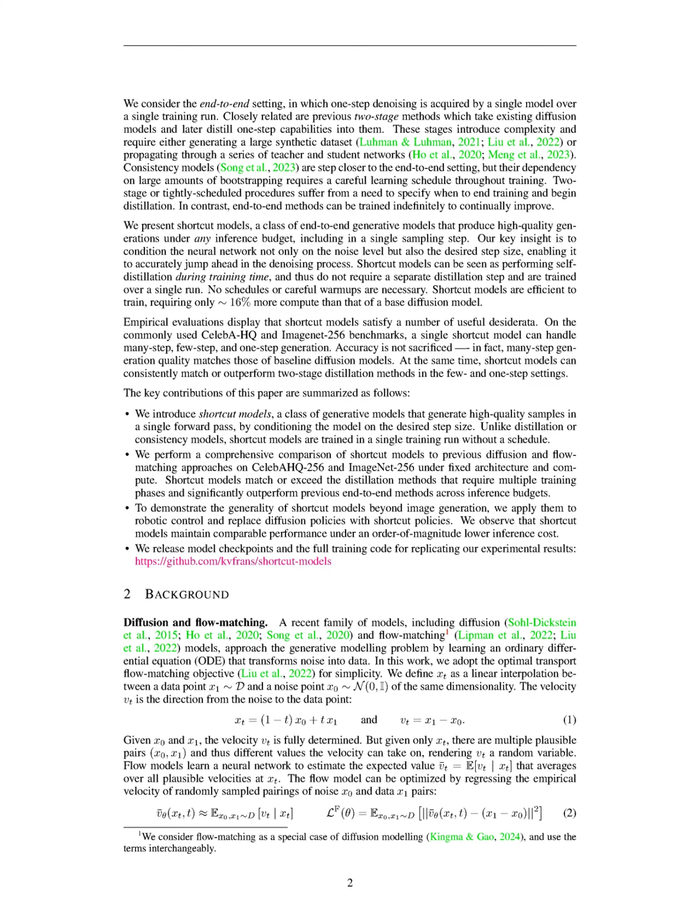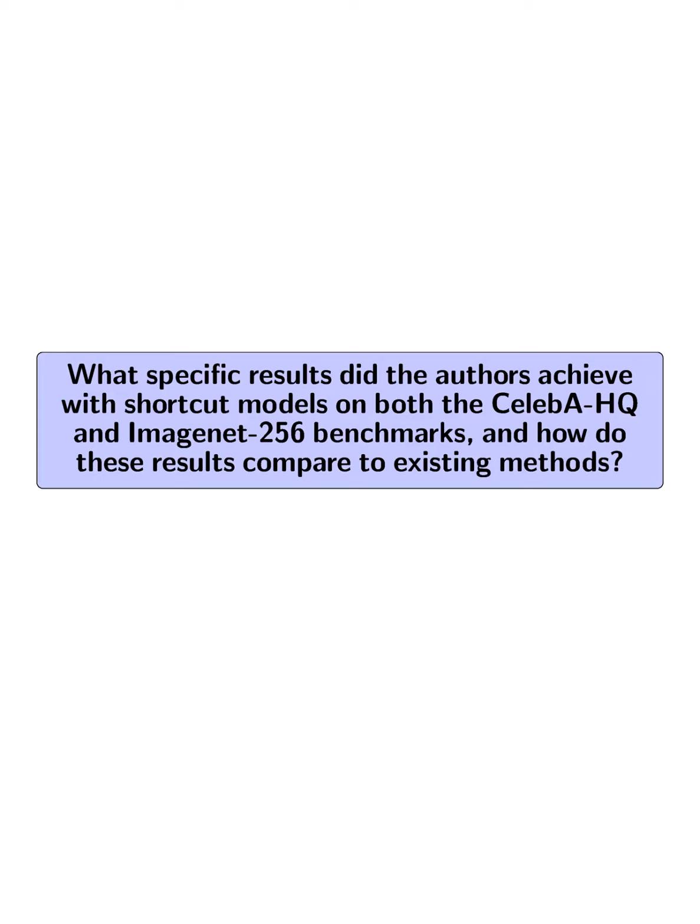Results indicated that shortcut models demonstrated competitive few and one-shot generation capabilities compared to two-stage methods, while maintaining performance on many-step generation, thus showcasing their effectiveness across varying inference budgets. Additionally, the experiments highlighted that shortcut models outperformed alternative end-to-end methods and retained the ability for many-step sampling, further validating their robustness and efficiency. What specific results did the authors achieve with shortcut models on both the CelebA-HQ and